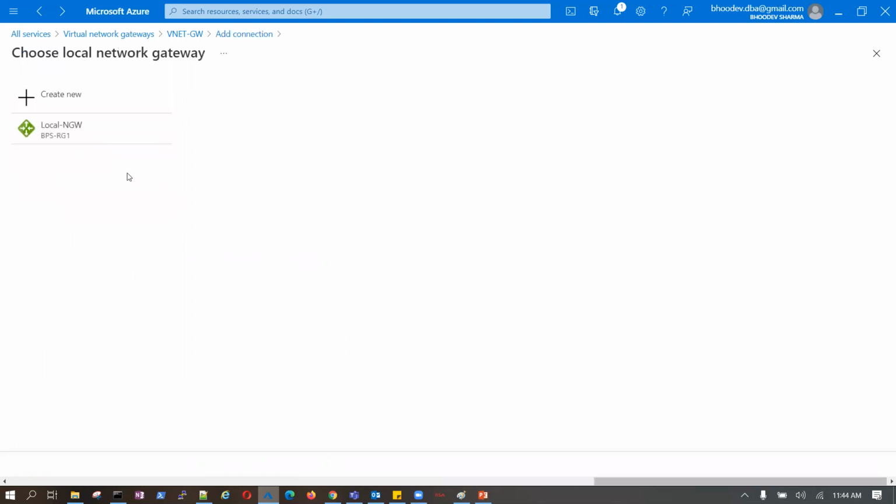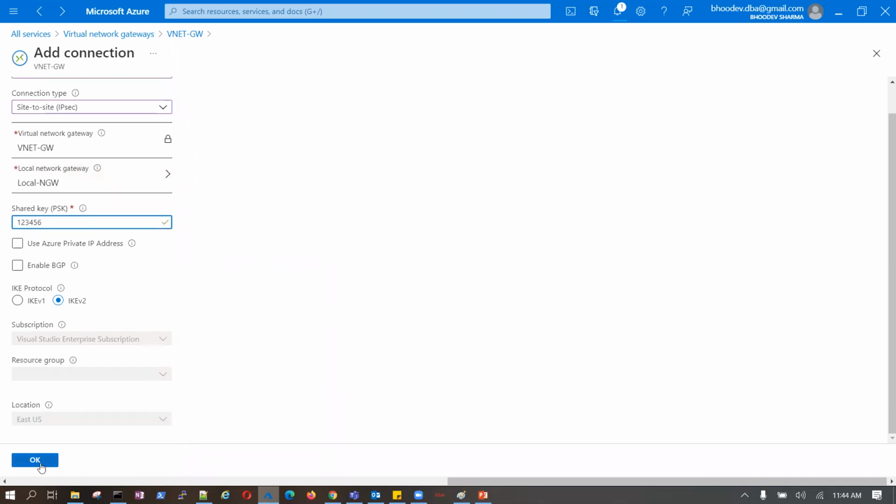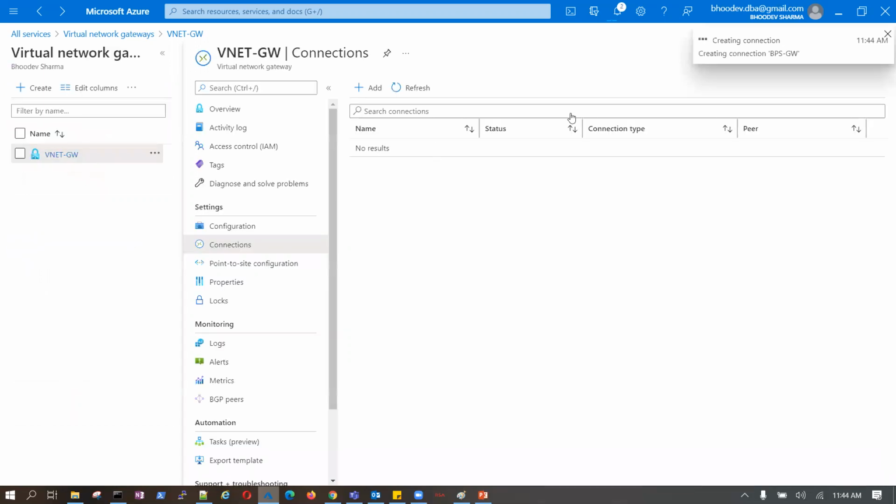Now for the local network gateway, we created one gateway previously, this is the local network gateway, and the pre-shared key, you can make it anything. Say okay. Now it will take time to create, then we will go into the point to site connection.